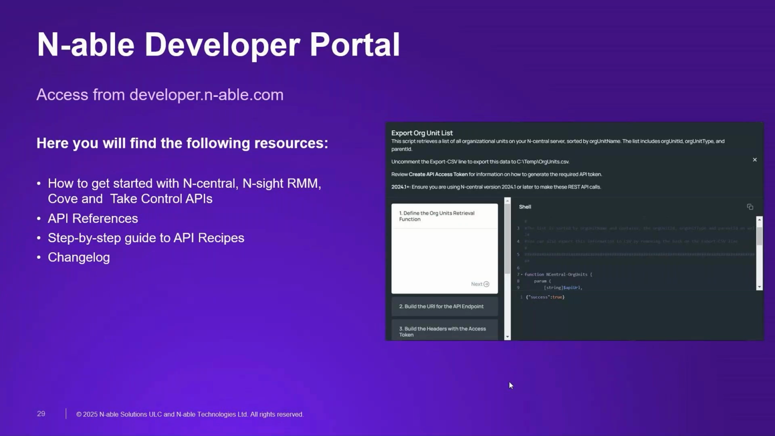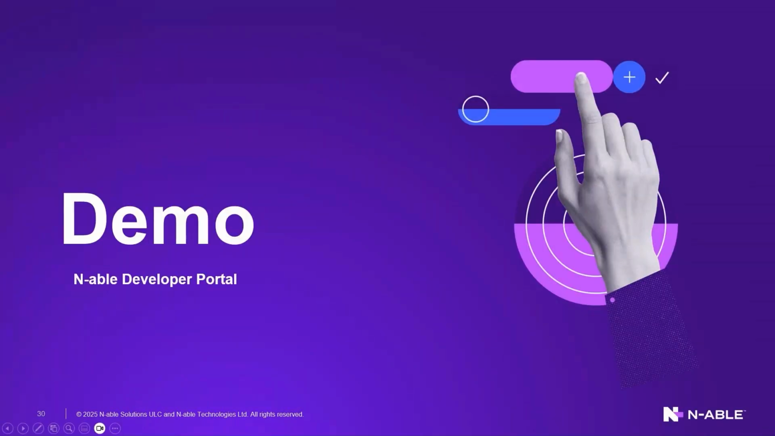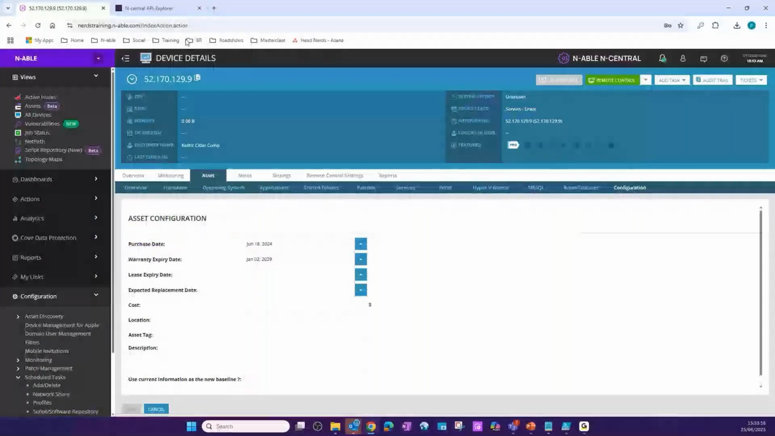Particularly when it comes to recipes, I think on the N-central side of things there's over 800 recipes or something like that. So if you want to keep up to date on what's been added, always check out the change log. Every time we post something now to the dev portal, we'll make a little note within the change log as well. So let's jump into our web browser again, and let's go to